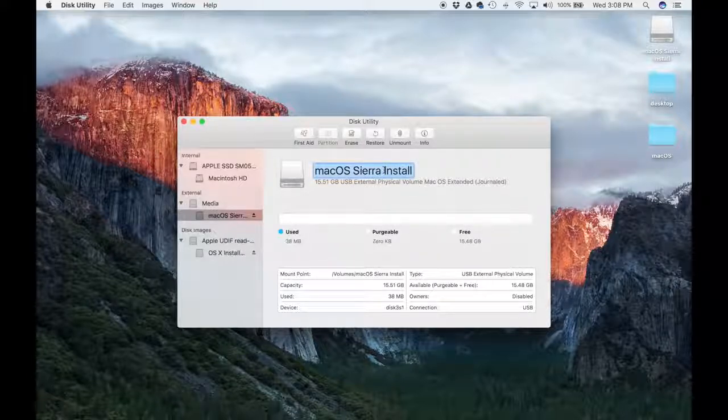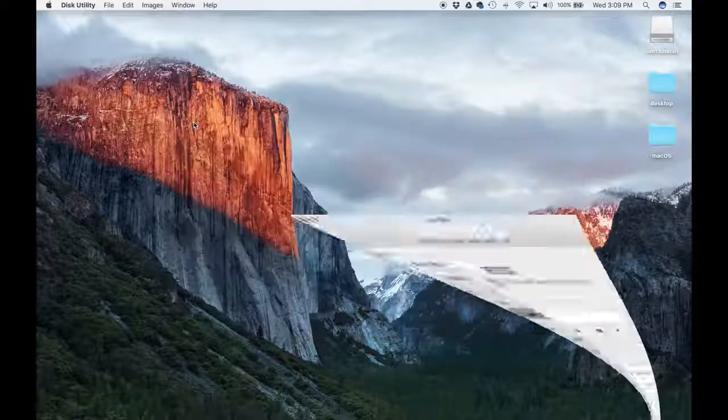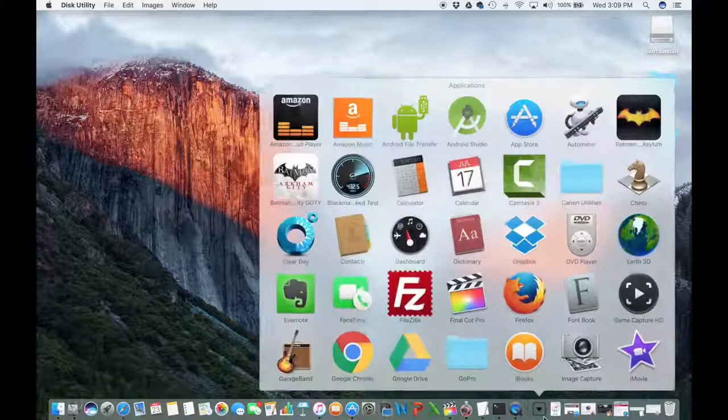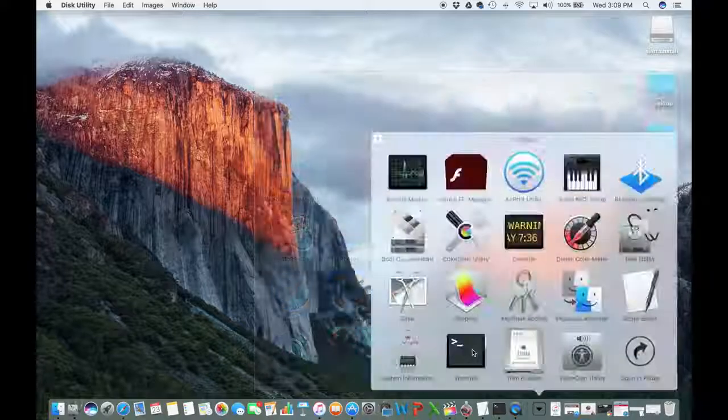So let's rename this to SierraInstall. Okay, so that's much better. So make sure it's all case sensitive. Okay, so let's click OK. So that's been renamed. And then get out of here, go back into Applications, scroll down, go to Utilities, and